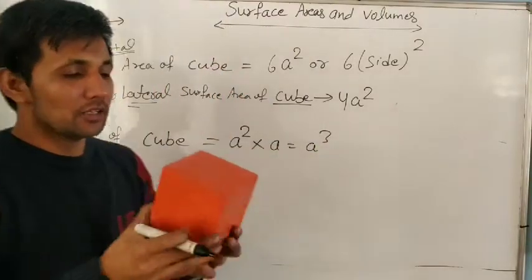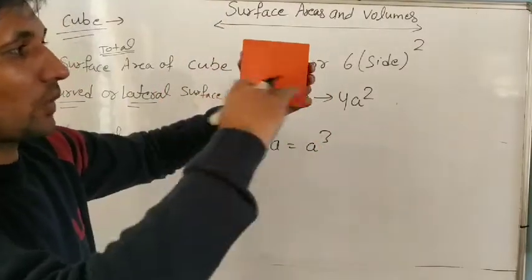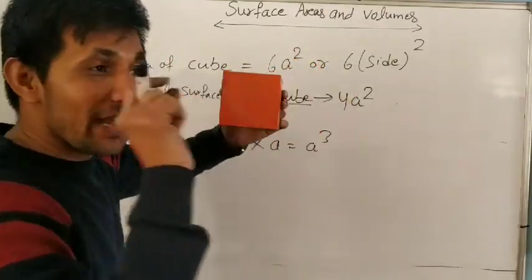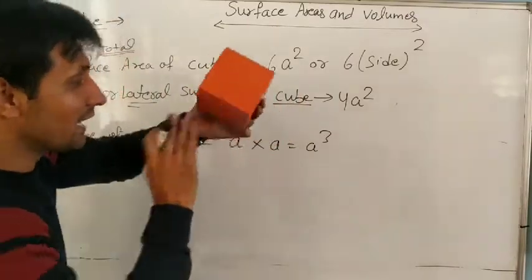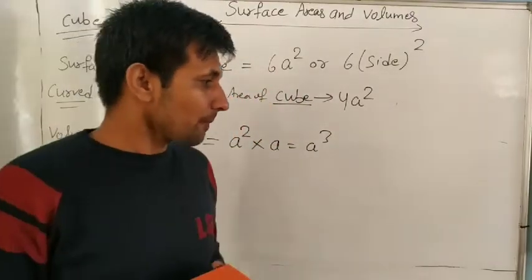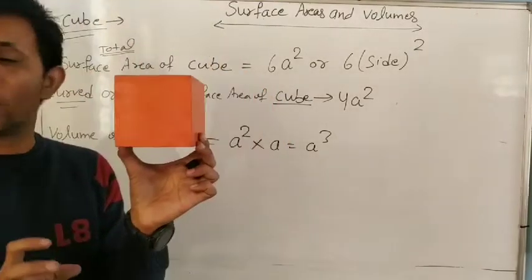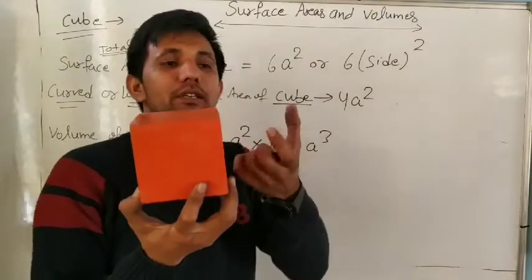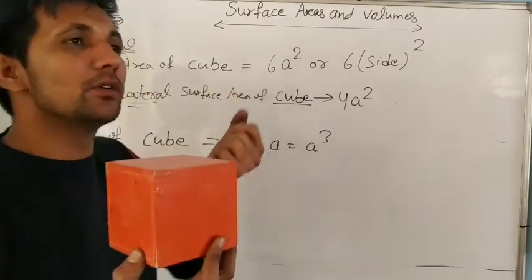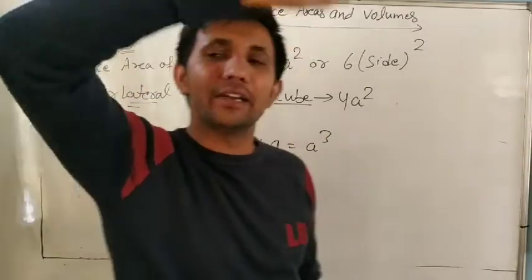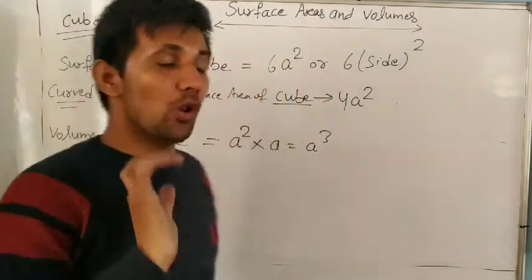Suppose you cut this cube into many thin slices, and every slice has an area. When we cut, where is the volume? Volume is inside. How much water? What is the capacity of this cuboid? Suppose I am standing in the room. Where I am rotating my hand, it is space. Okay, it is a volume.